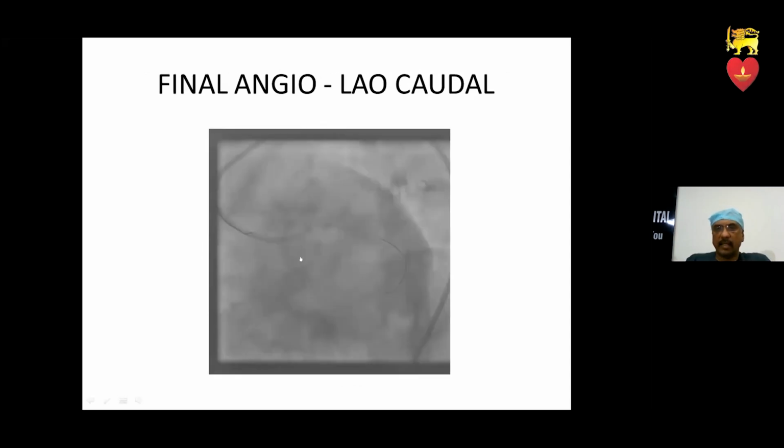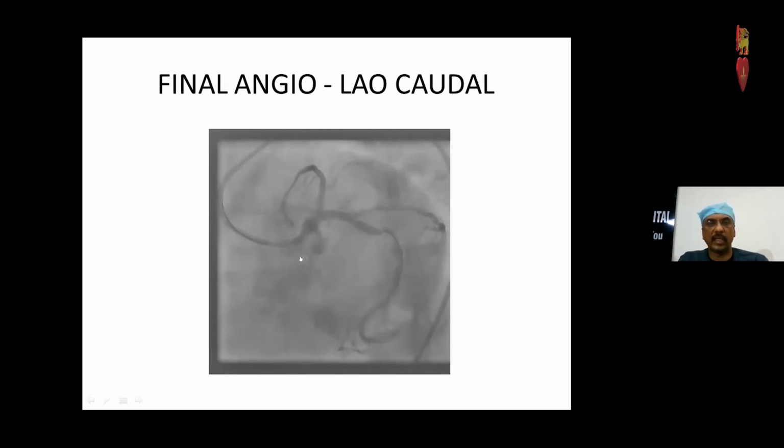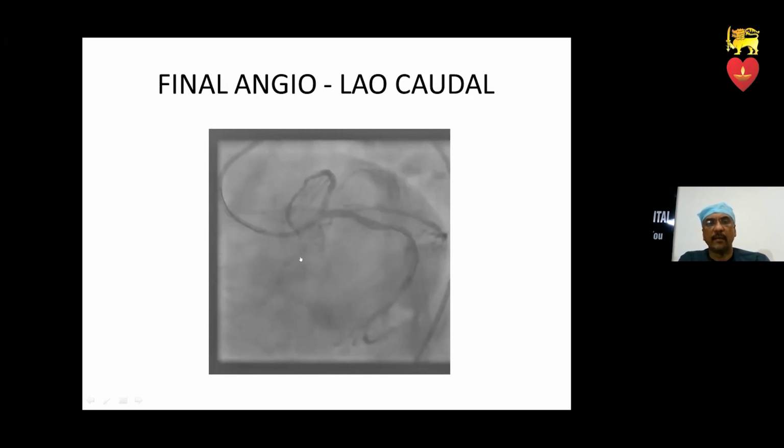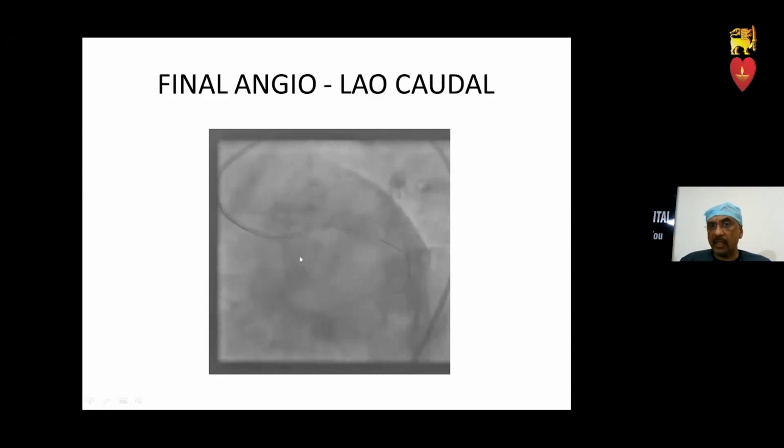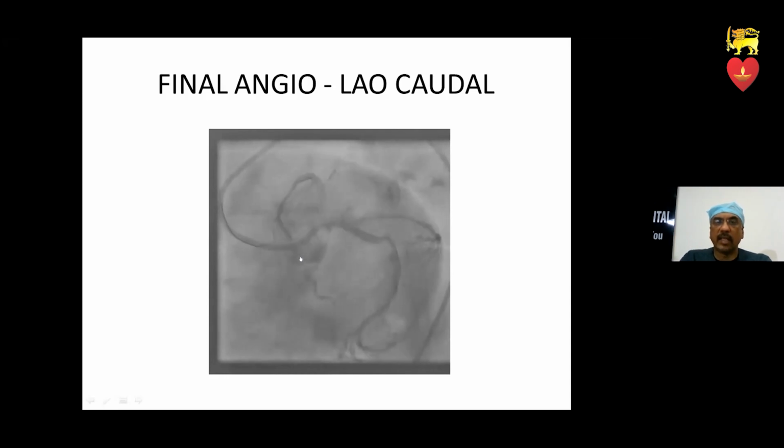So to conclude, in this case we had to use culotte stenting, and IVUS helped us make sure that we crossed the distal strut. And OCT also helped us make sure that we saw the strut of the previously deployed stent across the mouth of the ostium of the circumflex. The only method we had to choose was culotte, because as you can see, the circumflex is a huge vessel.